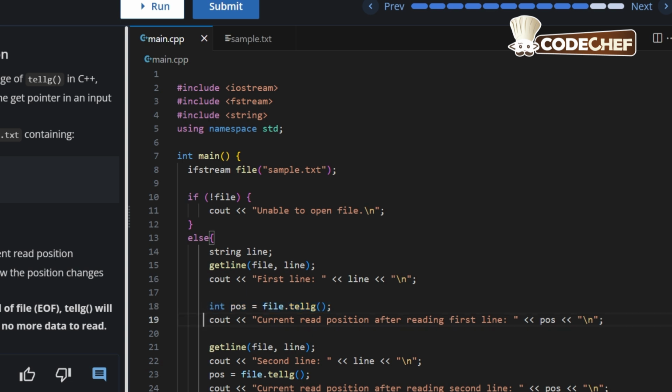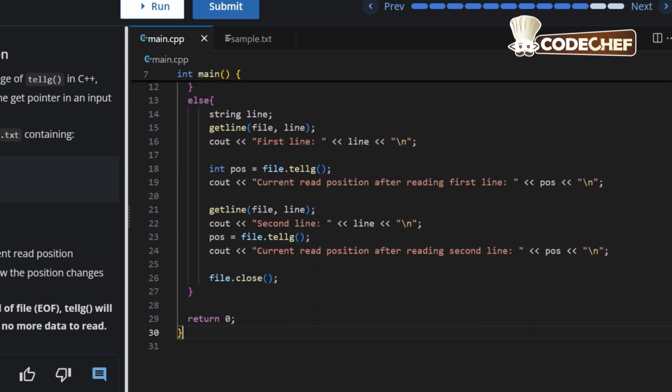Then cout << "Current read position after reading first line: ", then print the value of variable pos and "\n". Then getline(file, line); then cout << "Second line: ", then print the line and "\n";